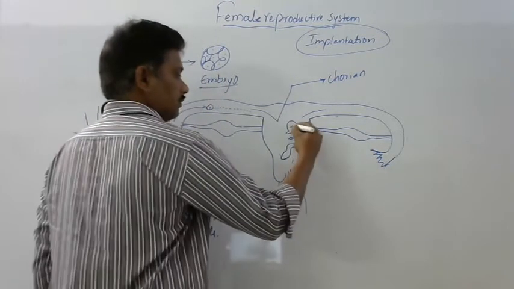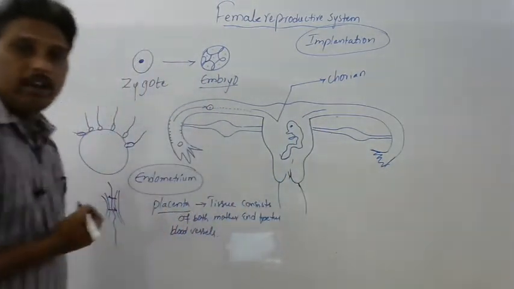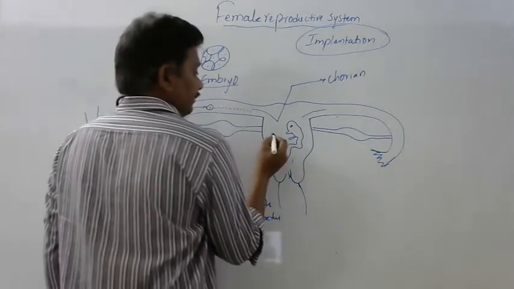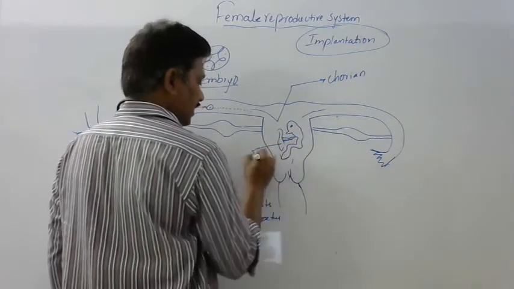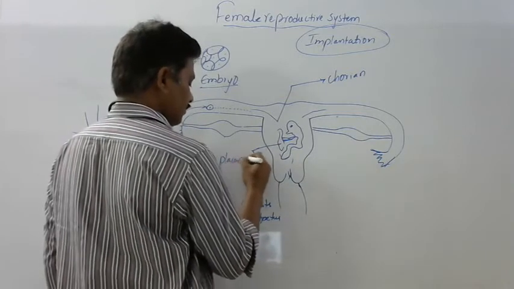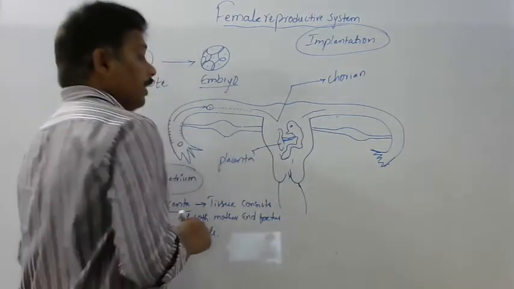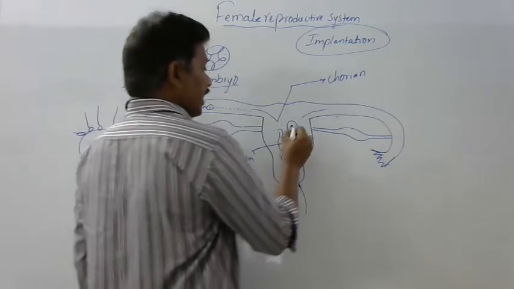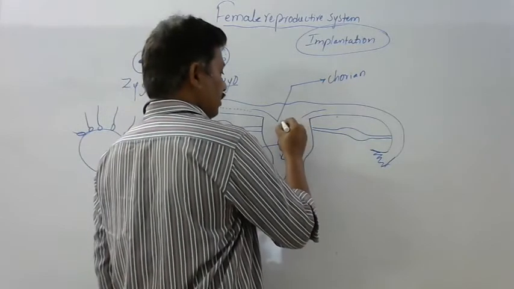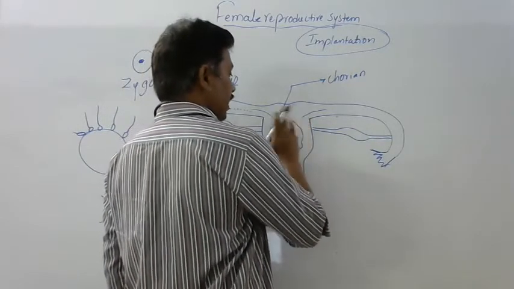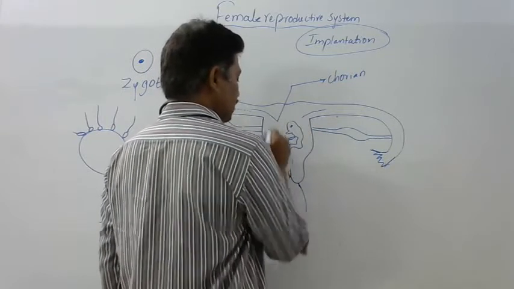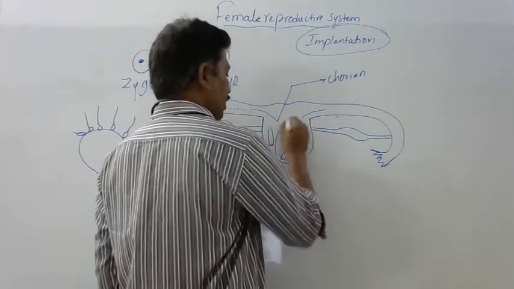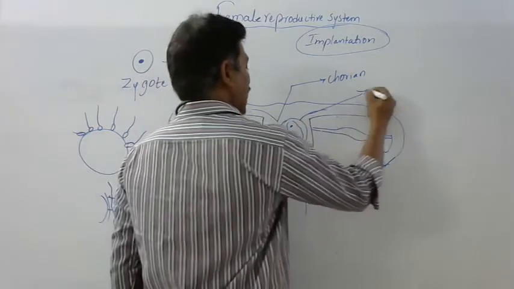Like this, the embryo grows slowly, and here it is attached with the placenta. This is the placenta. Now another layer around the baby is formed. Placenta is somewhat at a distance. Another layer is formed. This another layer is called as